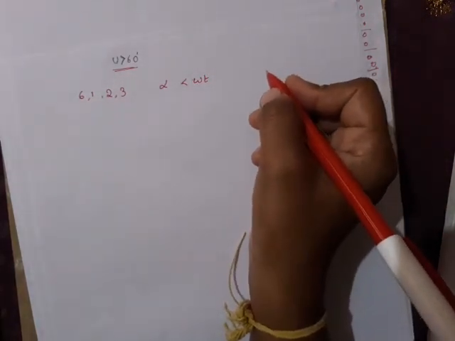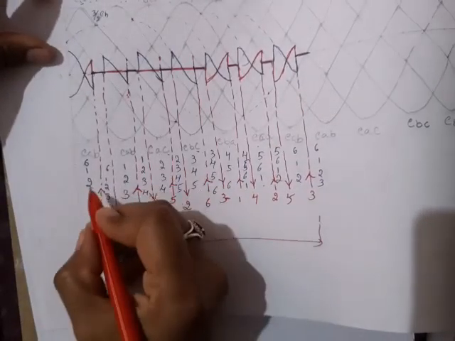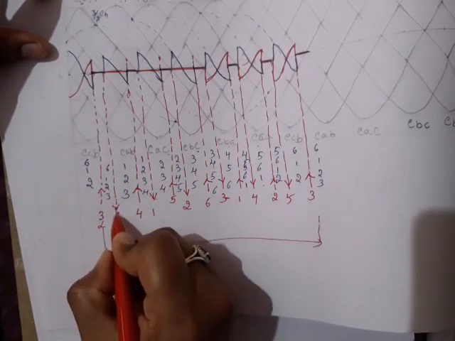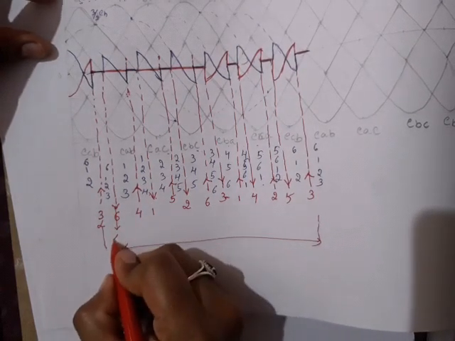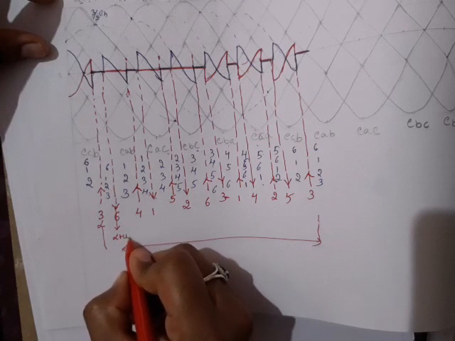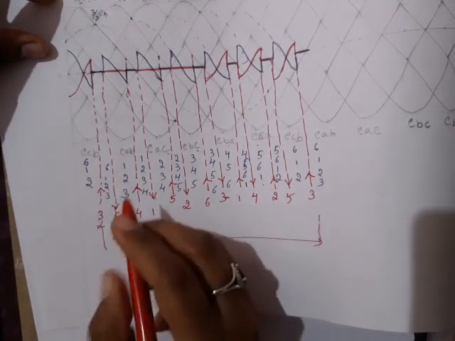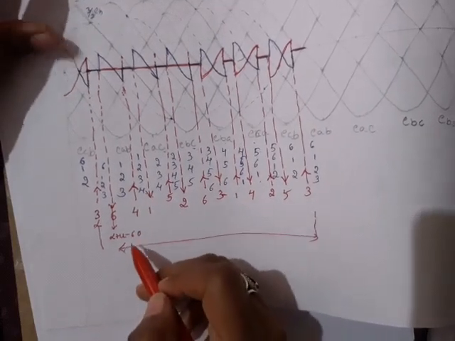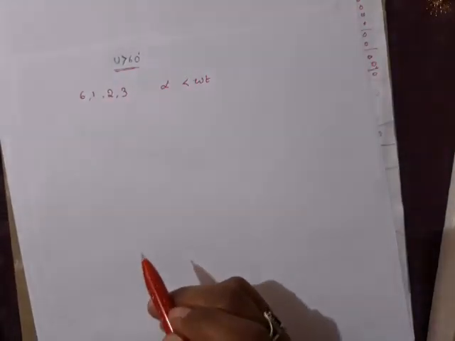Let me show you. See here we are triggering. This is alpha. So up to here, what is this point? We already know that this is given by alpha plus u minus 60 degree. So till the overlap angle it will continue, minus 60 degree. This also we have derived in the last class. Please refer to the last video so that you can understand better.